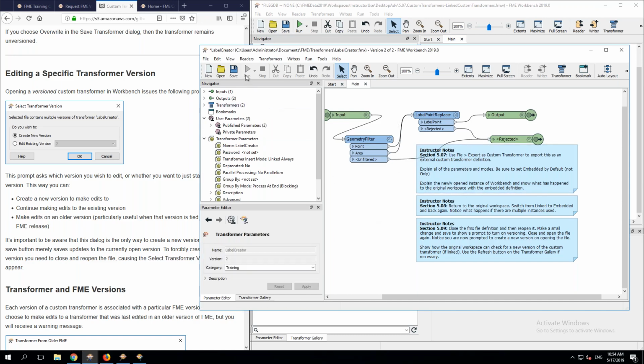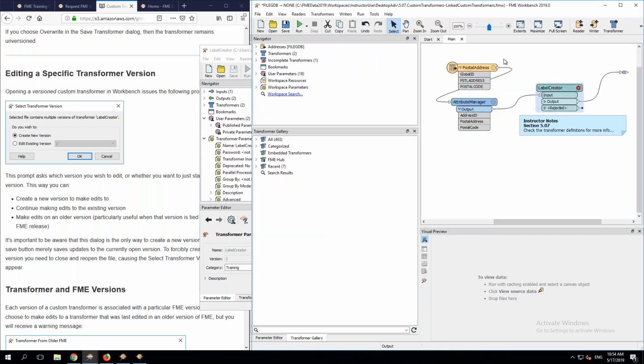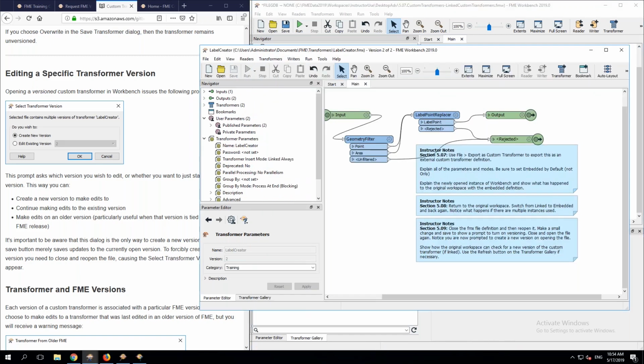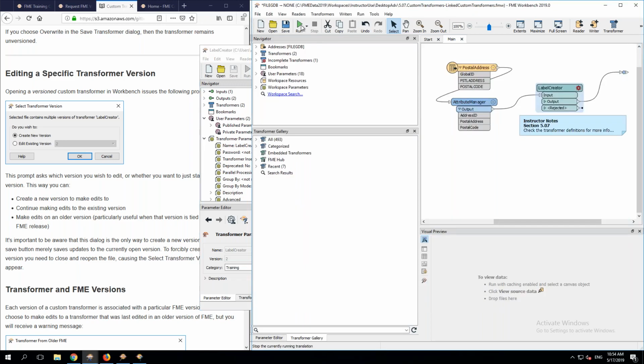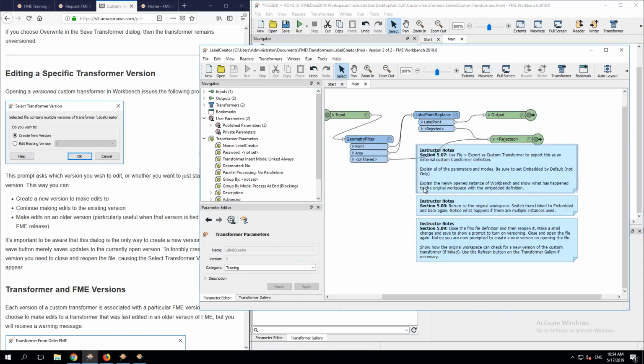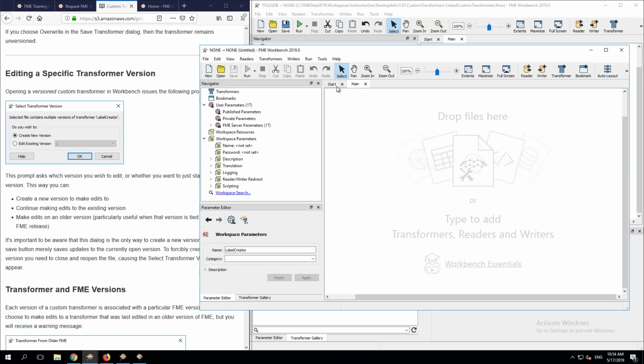So that's an example of where I wouldn't even bother to create a new version. Why? Because there's nothing for the user to see. There's no new port on the input or output. It's just a difference in the functionality inside of it. So I'm not even going to bother creating a new version. And because it's not a new version, if I run this transformer, it'll just run and use that contents and it'll be happy. The only time I would create a new version is if I was doing something that would